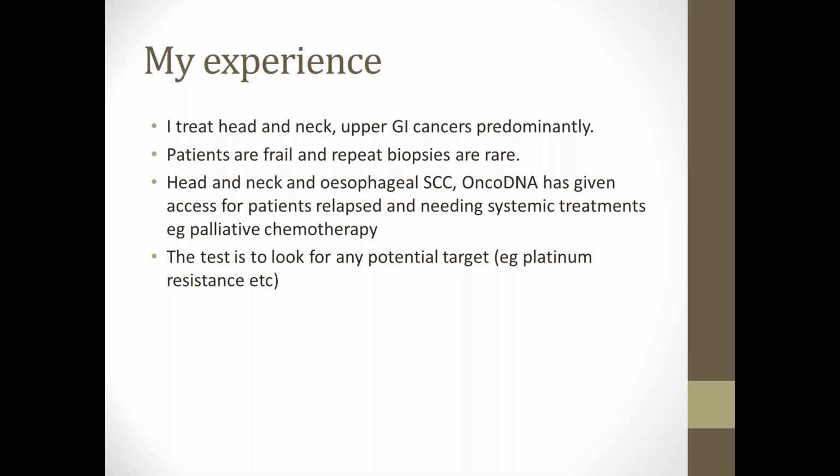And to do that evidence, if we are going to ask for a phase 3 trial, it will take another 5 to 10 years and cost millions of pounds. One of the ways to do this is to go back retrospectively with our academic colleagues and see if they can test this on previously treated patients, the ones that have been refractory to standard treatment. And I suspect that is how DNA analysis tests will be initially used, rather than to use it on all